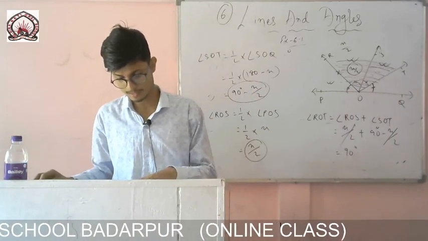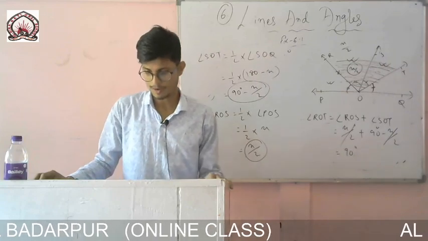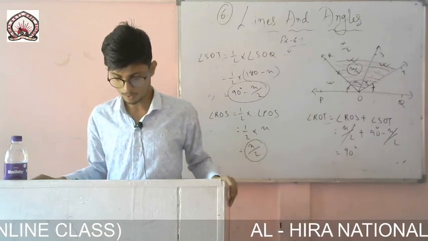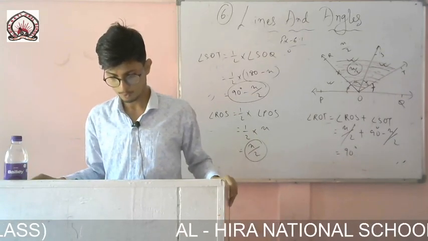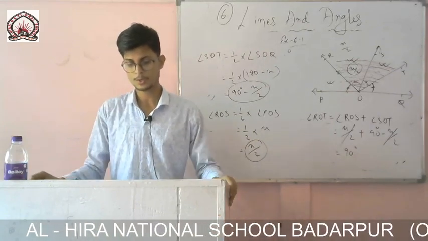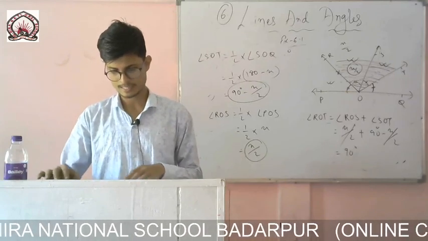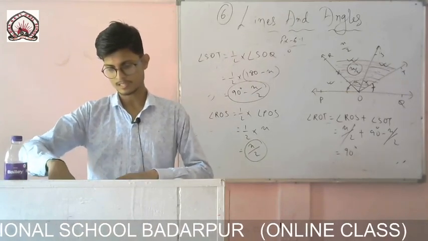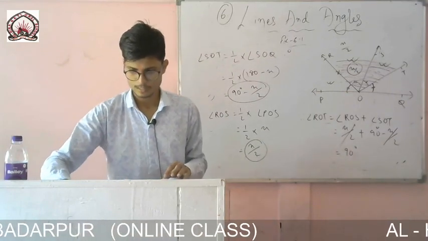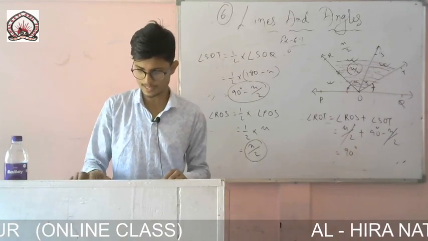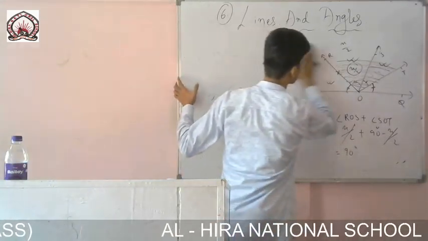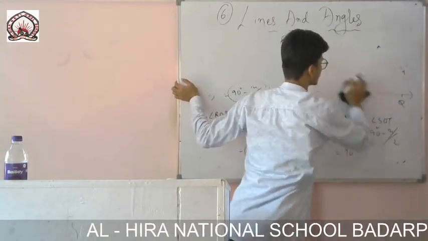Then the last example of this exercise. One figure is given, and it is given like this, that OP, OQ, OR and OS are 4 rays. Prove that angle POQ plus angle QOR plus angle SOR plus angle POS is equal to 360 degrees. You have to prove that the sum of these 4 angles is equal to 360 degrees. So very easily, we will not follow this lengthy process, very easily I will solve this one. You see here, it is given very lengthy, we will try to make it a little shortcut.